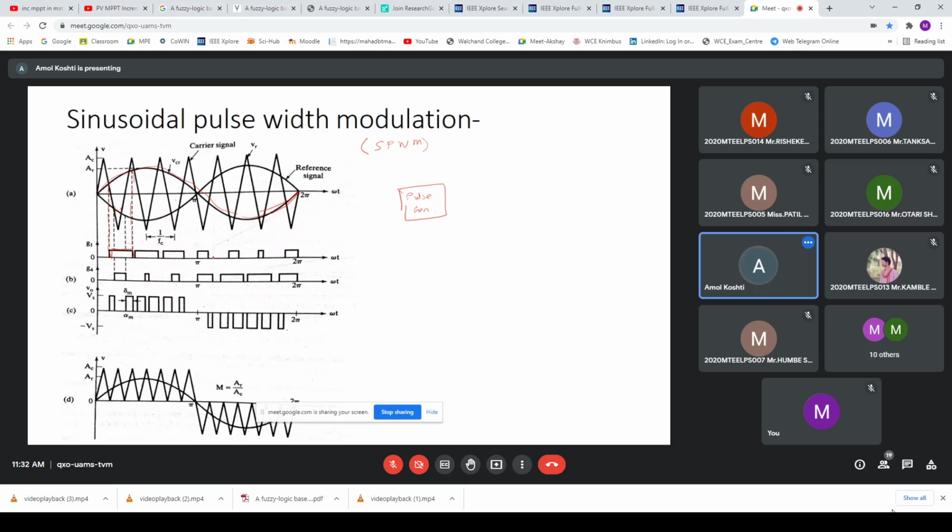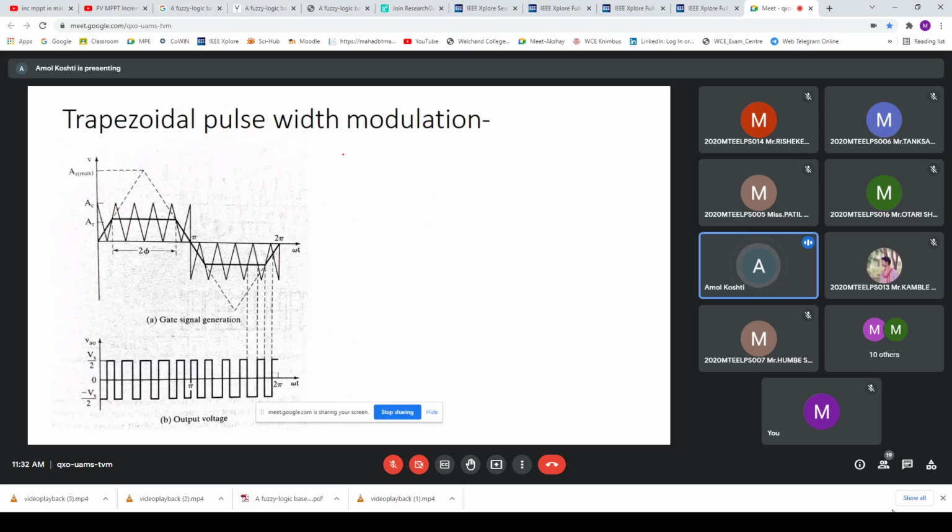And the switches of the inverter or any converter circuit are turned on and off by using these pulses. Okay, so you see this, for some time this pulse is there. Okay, so for some time the pulse is absent here. It means for this much time only that switch is on. For this much time that switch is off. Again for this much time it is on and it is again off. Okay, so this is how we use this.